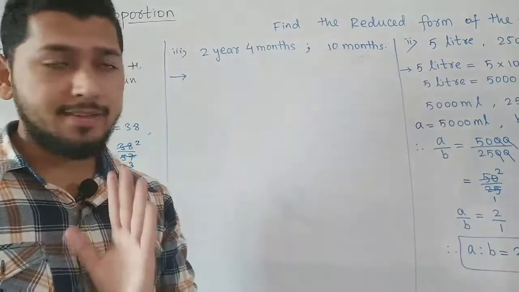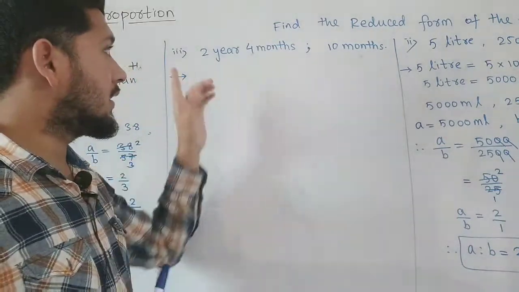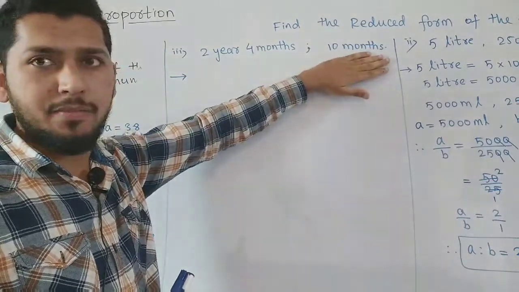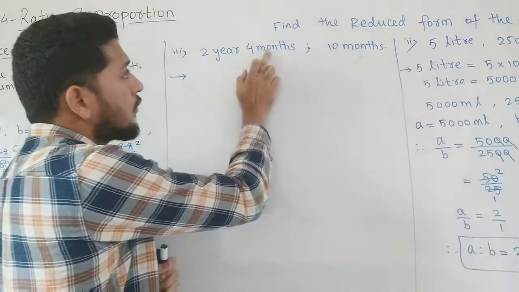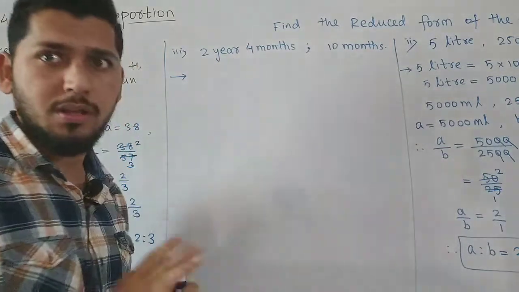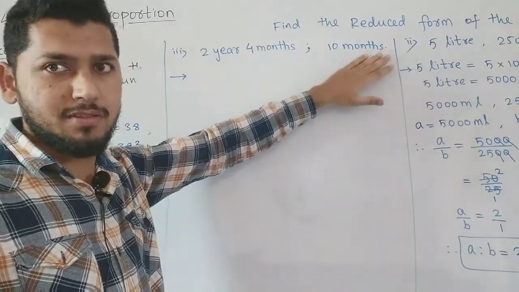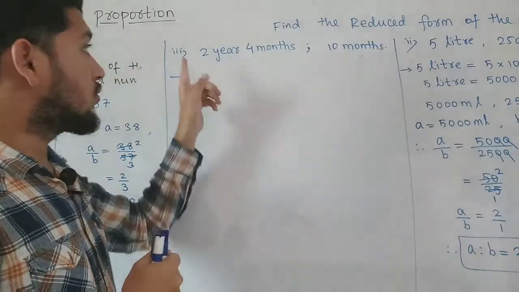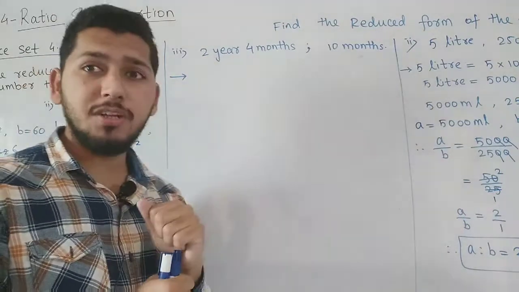So before dividing this, before taking the ratio of this quantity, first we have to convert year into month. अभी यहाँ तो 10 months दिया है, ये already smaller quantity और ईयर ग्रेटर क्वांटिटी यूनिट है. तो अभी हम लोग क्या करेंगे? 2 year 4 month मतलब 2 साल 4 महीने हो चुके. ठीक है, 2 साल 4 महीने को डिवाइड करना है 10 महीने से. तो दोनों को प्लस करना पड़ेगा. 2 year से डायरेक्टली 4 month तो ऐड नहीं हो सकता. अभी हमको ये टोटल क्वांटिटी को मंथ में चेंज करना है.